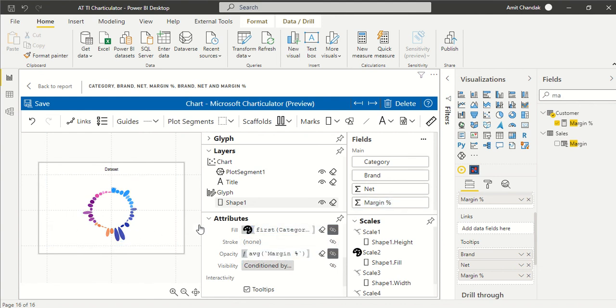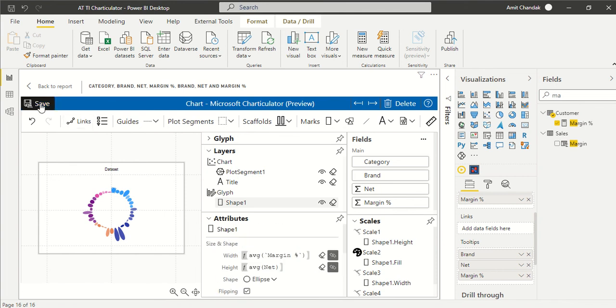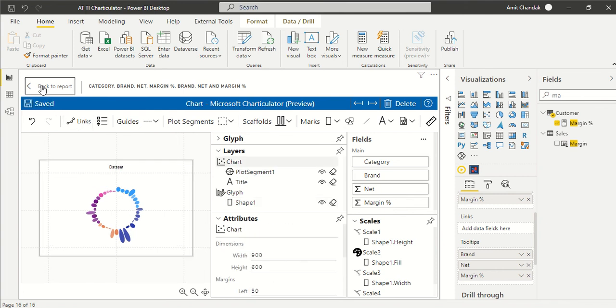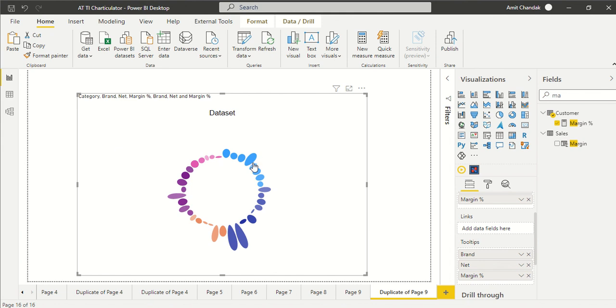So basically I could have decided one more for color and one more for how much shade it is. So I can actually add discount also there, but you know, you can control opacity and you can actually control the width also. So now we go back and save it. So now what is happening is there is one thing which is controlling the height, there's one thing which is controlling the width, there is one thing which is controlling the color, and there is one more parameter which is controlling how transparent the color is. So many things within the one.